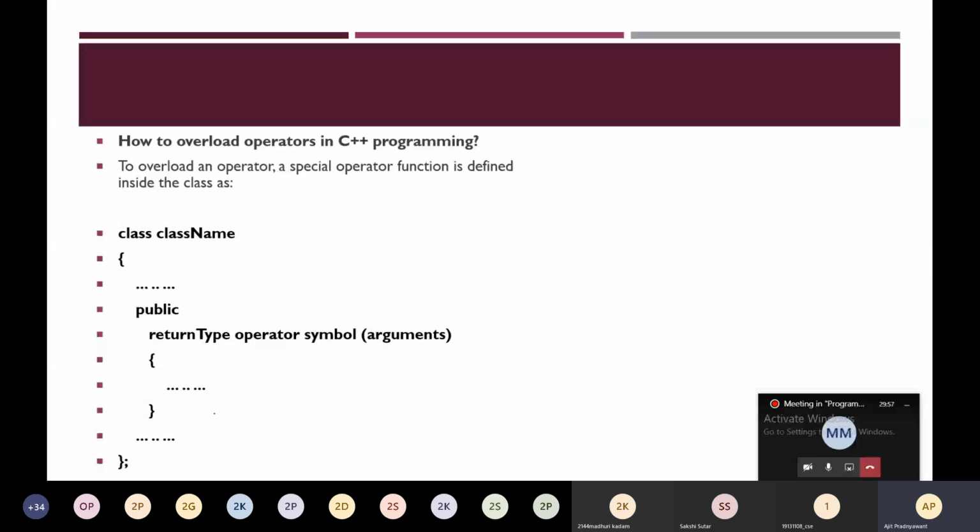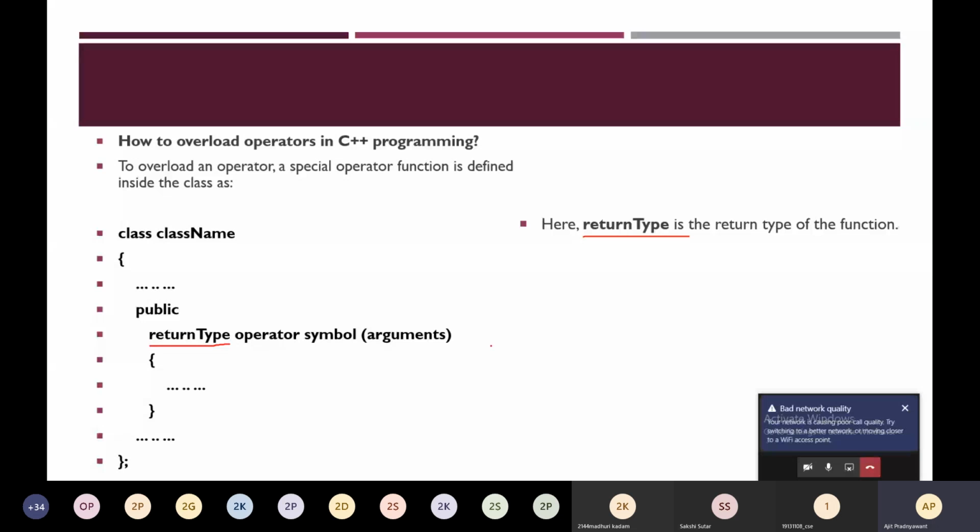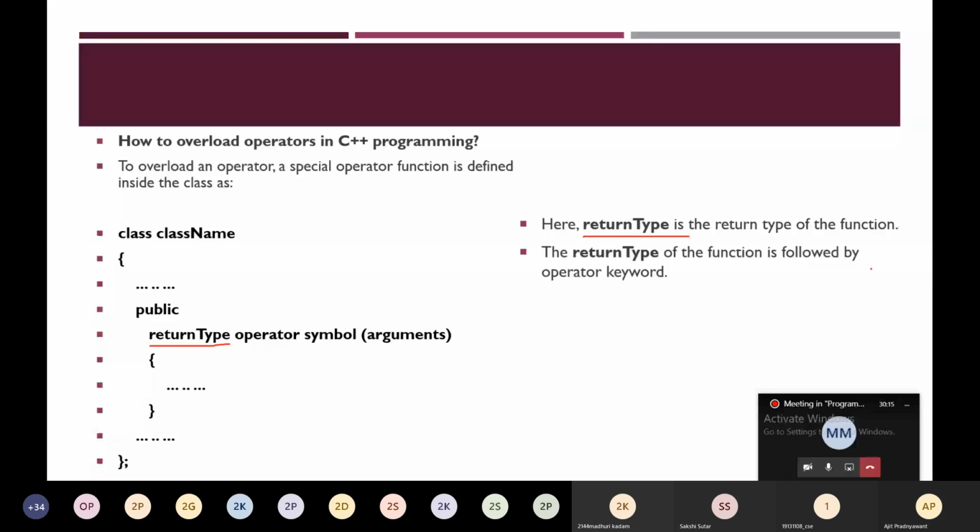The return type is the return type of the function. It could be void, integer, float, and so on. Then the return type of the function is followed by the operator keyword. Operator is a keyword, and it is used to do operator overloading.